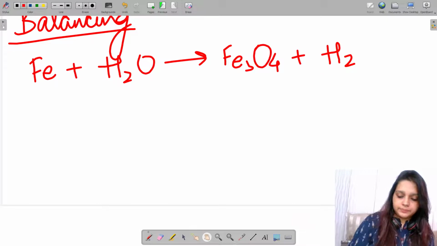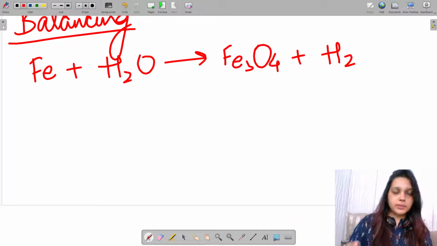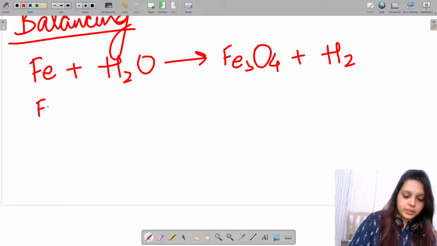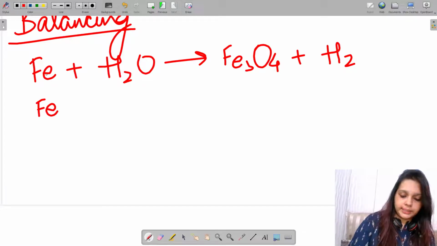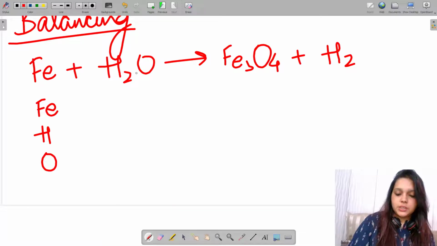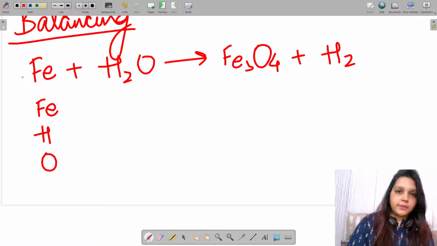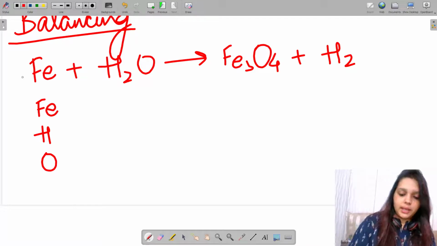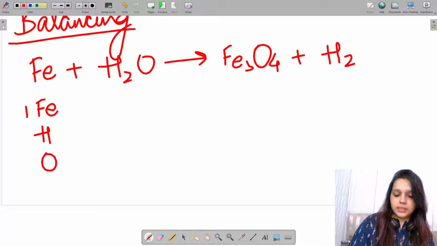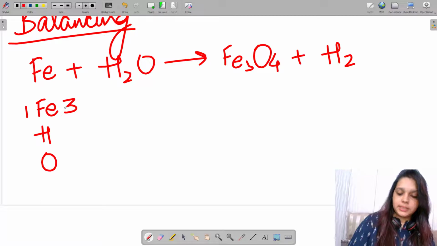What we'll do is we'll write all the elements first. रिएक्शन में क्या क्या दिख रहा है? आयरन दिख रहा है जी, आयरन लिख लिया. हाइड्रोजन दिख रहा है, हाइड्रोजन लिख लिया. ऑक्सीजन, ऑक्सीजन. So from the LHS I wrote all, and from the RHS also, ठीक है, same obviously. So let's look at the numeric forms on the left hand side and on the right hand side. Iron left hand side, that is the reactant side, is 1. Iron on the product side is 3.